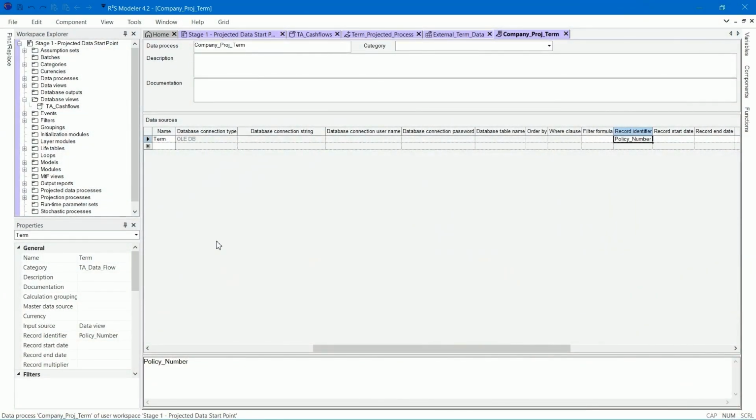Section 1.2. Next, we will cover the projection process. We will need to update the term code so that it retrieves cash flows from the projected data layer instead of calculating them internally. This workspace contains a partially completed module, Term Assurance PDL. Open this component from the Modules folder.